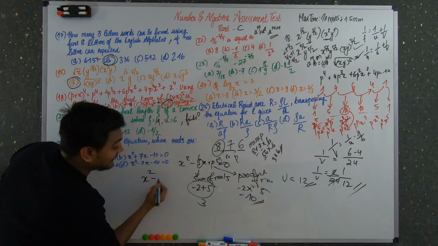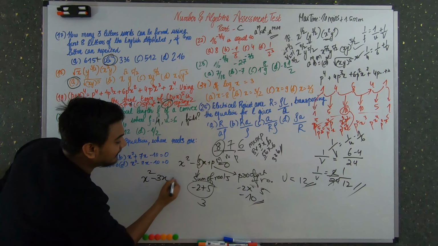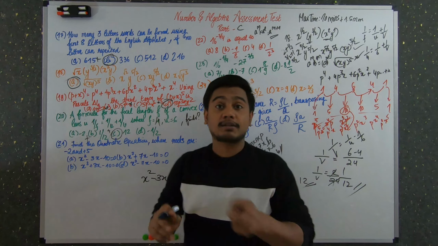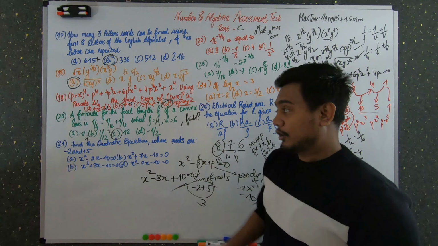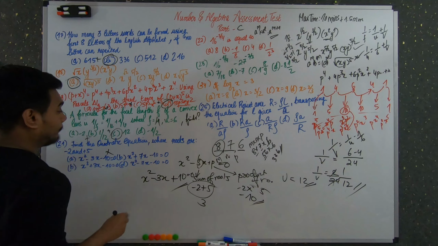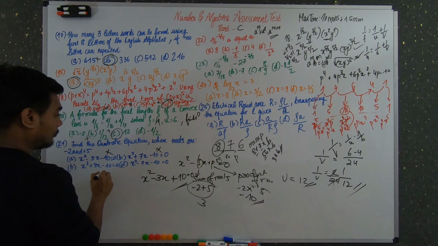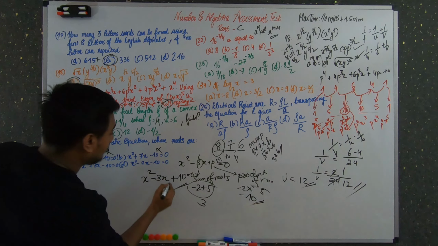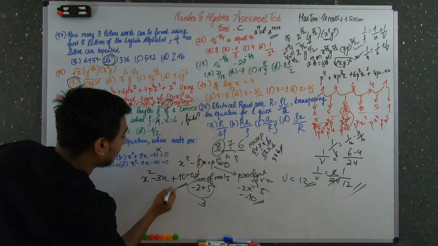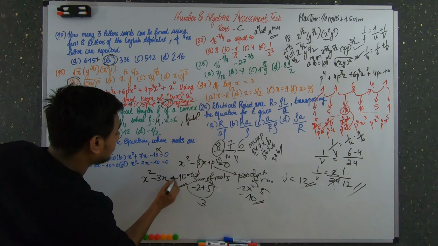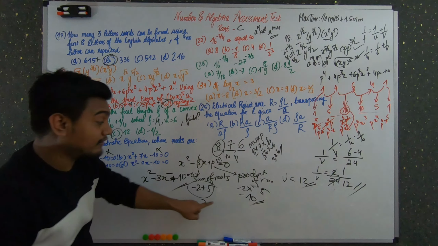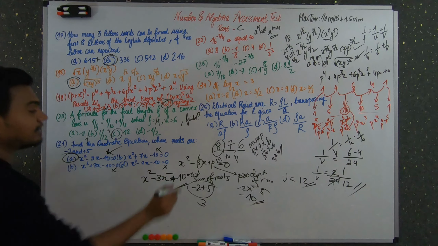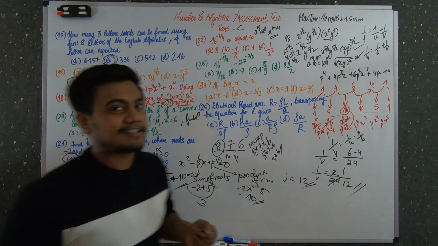So just substitute each of these values. x square minus s value, which is 3, so 3 into x, plus the product. So this is the quadratic equation, and -2 and 5 are the roots of this quadratic equation. Let's check this. Sorry, -2 into 5 is -10, so it is x square minus 3x minus 10. I did it wrong earlier because -2 into 5 is -10. So the first answer, option A, is the correct answer for problem number 21.